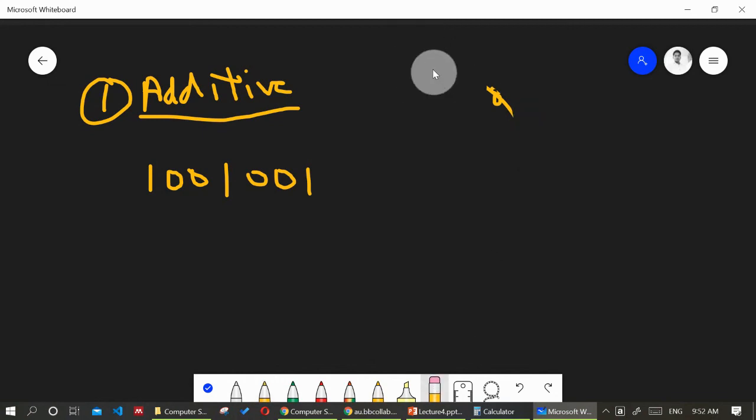Now let's see what the additive method is. In the additive method, you pick where there is a 1, find the place value and sum it, and you have to do it in your mind only. If you are not able to do it in your mind, you can write it. You are already aware, I'm just writing it once. This will be 2 raised to the power 0, this will be 2 raised to the power 1, this will be 2 raised to the power 2.